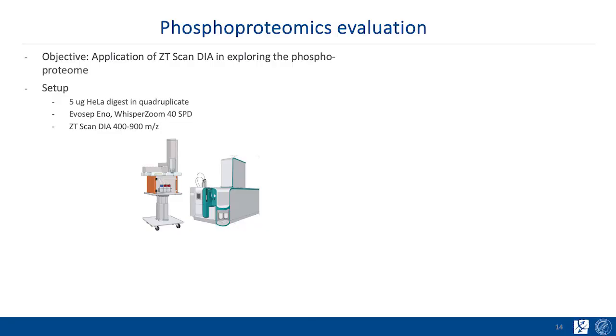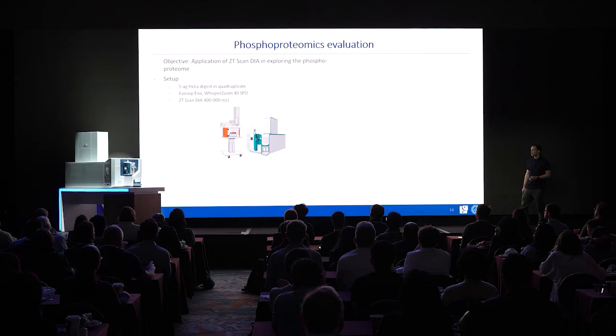So now that the normal proteomes are kind of covered, I'd like to briefly go over phosphoproteomics. This is more like a preview of how this instrument performs compared to others. This is just one type of condition. It's 5 micrograms of HeLa digest that's enriched for phosphopeptides, injected in quadruplicate on the Whisper-40 gradient, and the